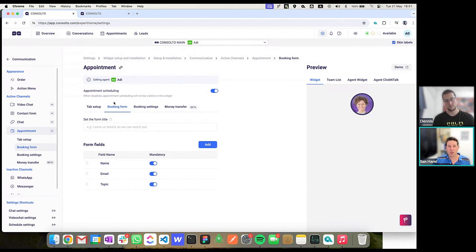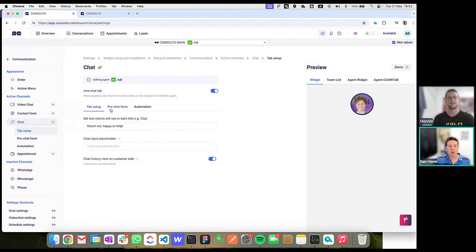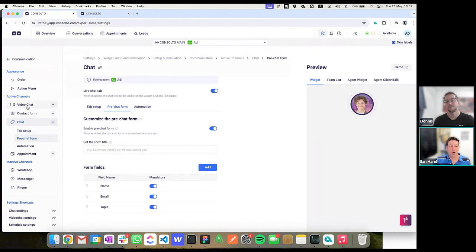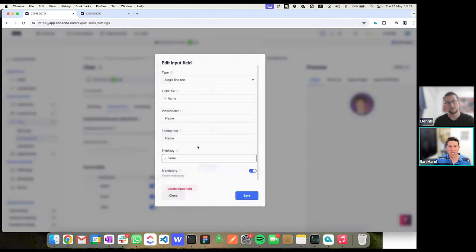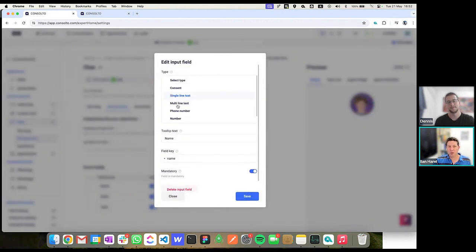So you just go to the booking form, or on the chat, you would go to the pre-chat form, or on the video chat, the same, and you would set the form. You can set it on or off, and you can add fields or change the fields in this form. Every field has a name, has a placeholder, a type. Of course, you can have multi-line and phone numbers, etc.